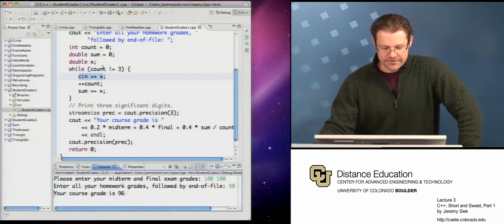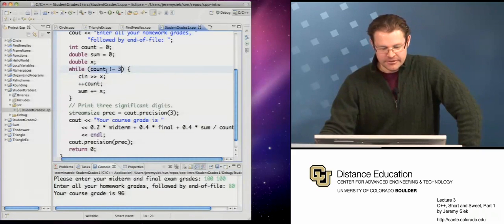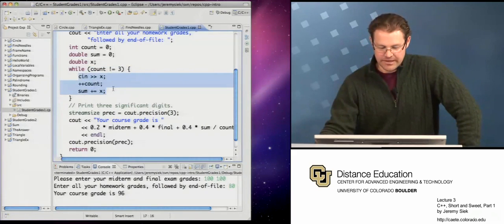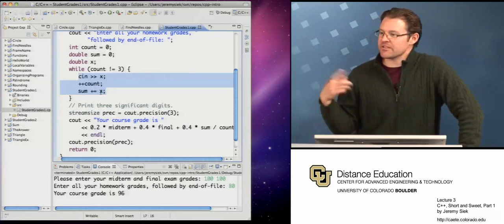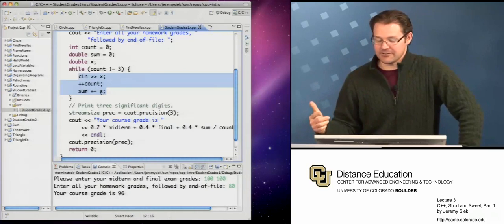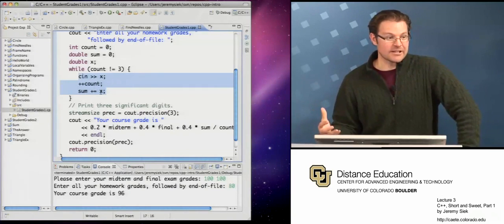So what you want to see here is that the count started at 0. The first time through, not equal to 3 is true. So then it went ahead and asked for the numbers; 80 was the first number that it read into X, incremented the count to 1, and then put 80 into the sum, right? So sum started out at 0, so now it would be 80. So keep doing that till it finally gets to the 4th time around when count is actually equal to 3,